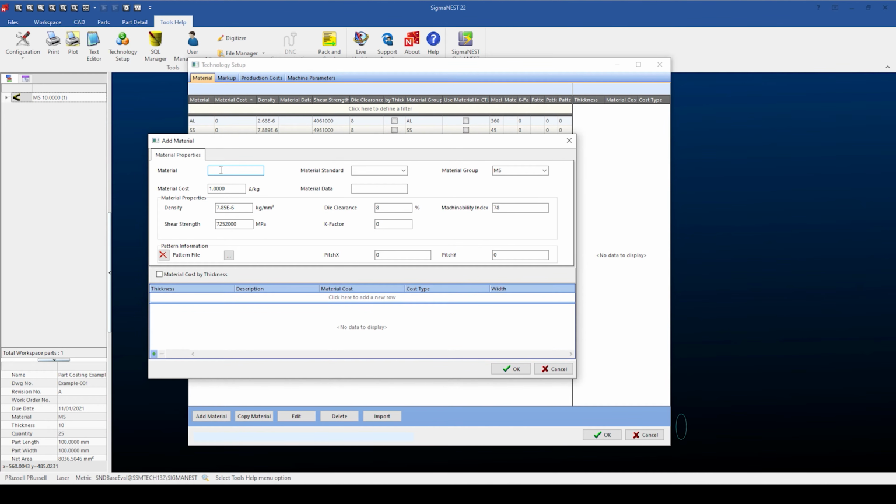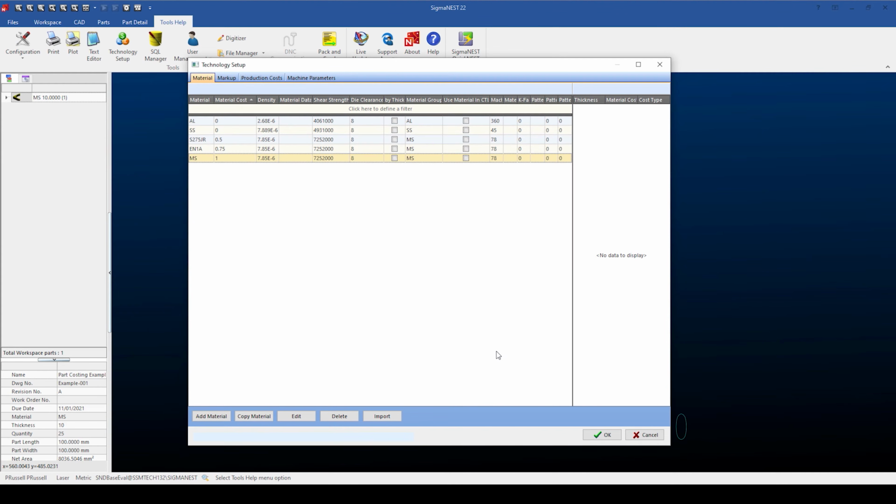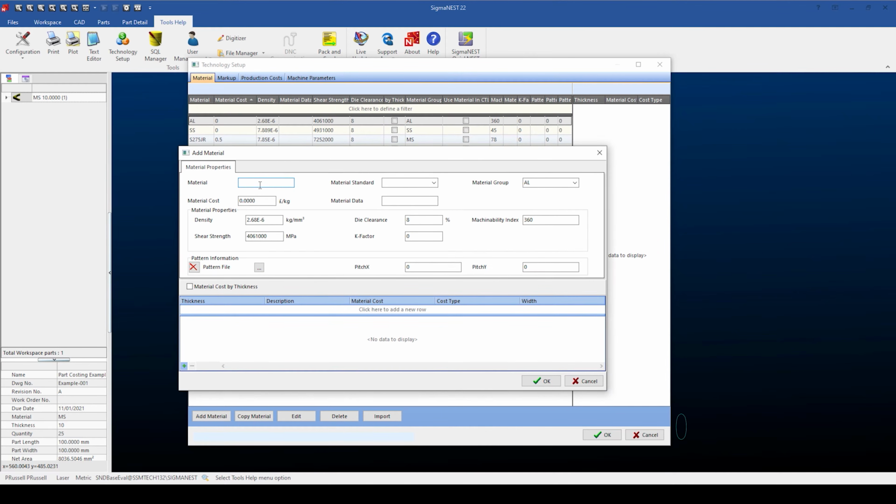I can repeat the same for EN1A with a cost of 75p per kilo or £750 per tonne, checking density and material group. Let's quickly add some aluminium. 6061 at 80p per kilo or £800 per tonne, checking the density and material group.